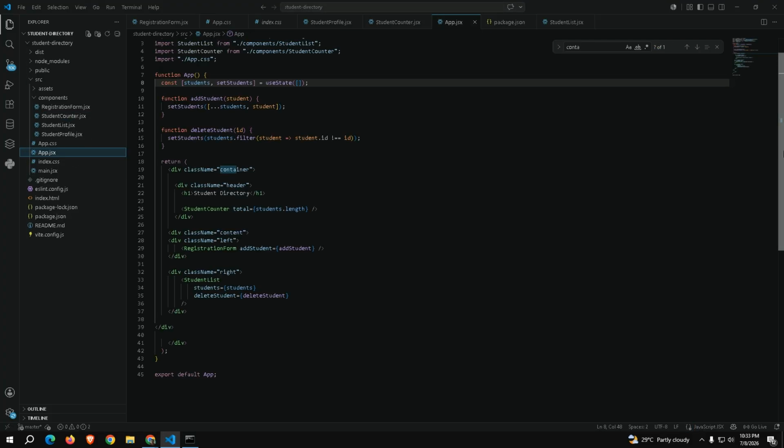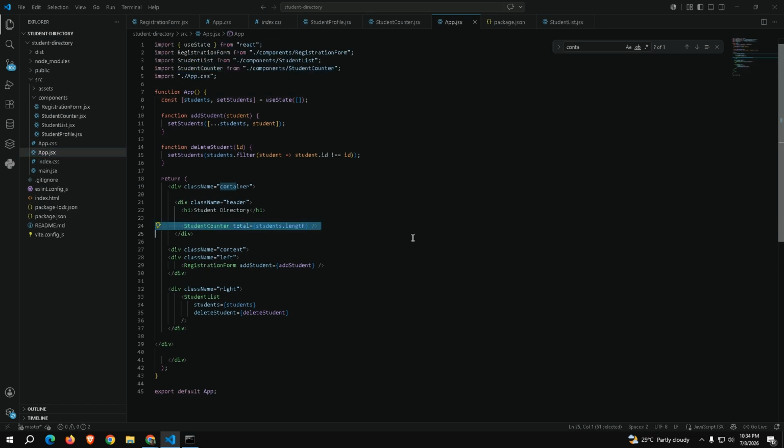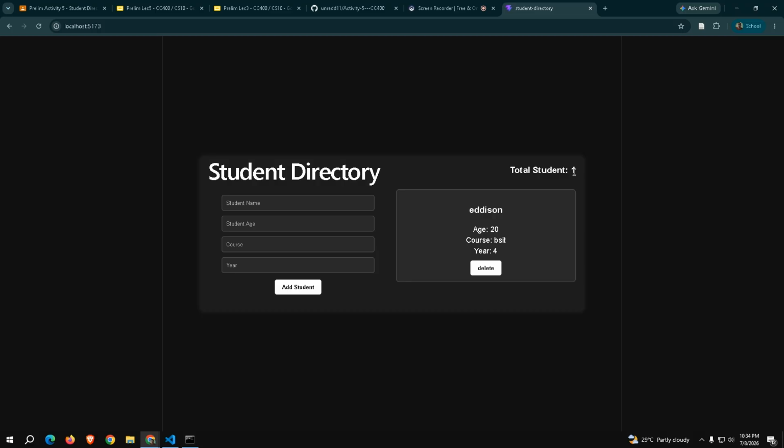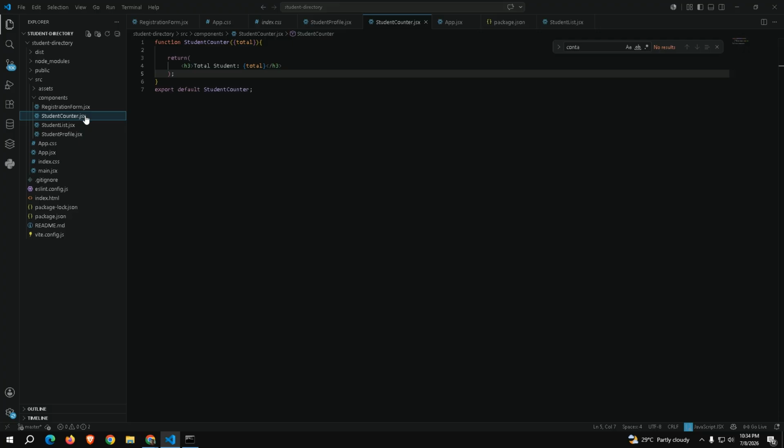As you can see, it will show in the header part. It will count the total, so we have students.length, or how many students were created in the student directory.